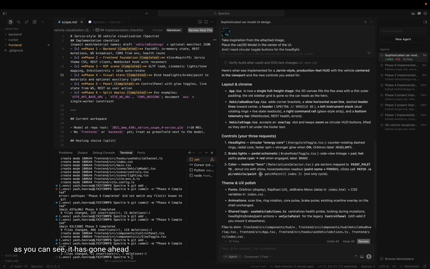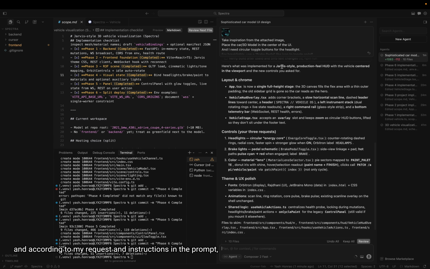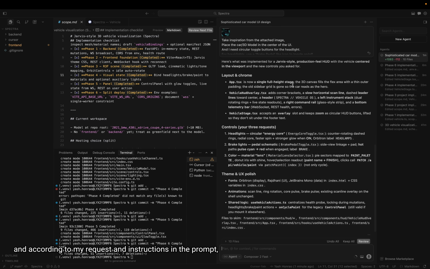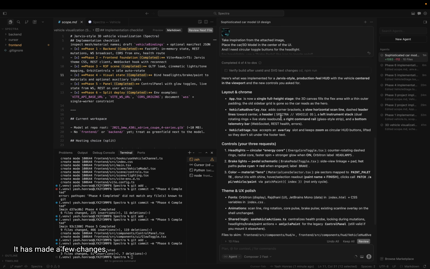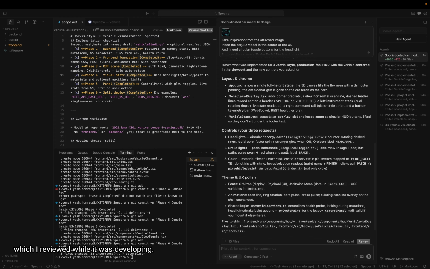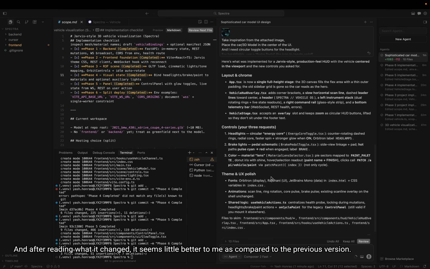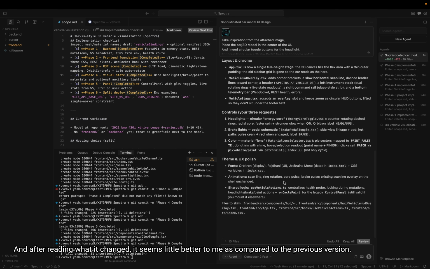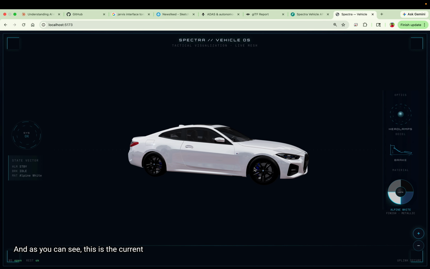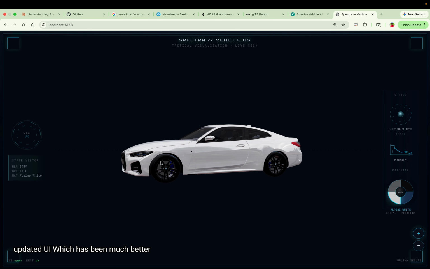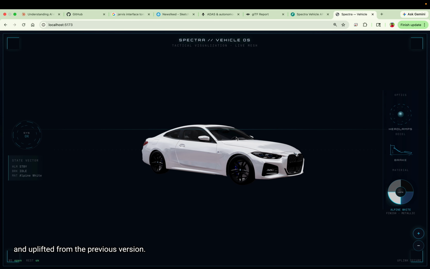So as you can see, it has gone ahead and, according to my request and instructions in the prompt, it has changed the layout. It has made a few changes which I reviewed while it was developing, and after reading what it changed, it seems a little better to me as compared to the previous version. And as we can see, this is the current updated UI, which has been much better and uplifted from the